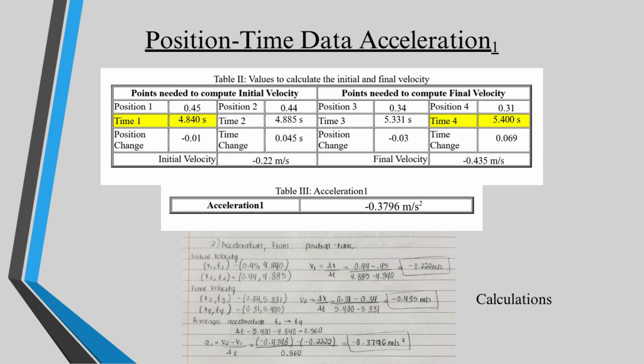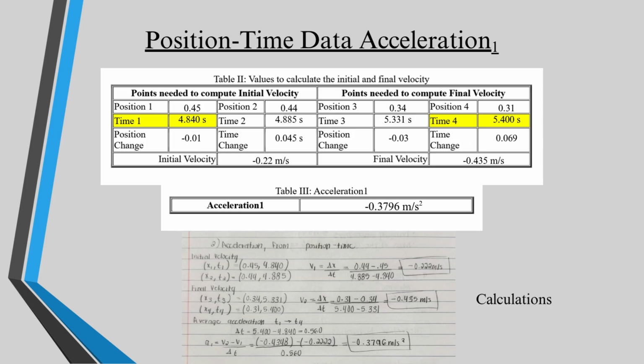With this equation, we plug in the values as initial velocity equals 0.44 minus 0.45 over 4.885 minus 4.840, which equals negative 0.2222 meters per second for the initial velocity. For the final velocity, we did final velocity equals 0.31 minus 0.34 over 5.400 minus 5.331, which equals negative